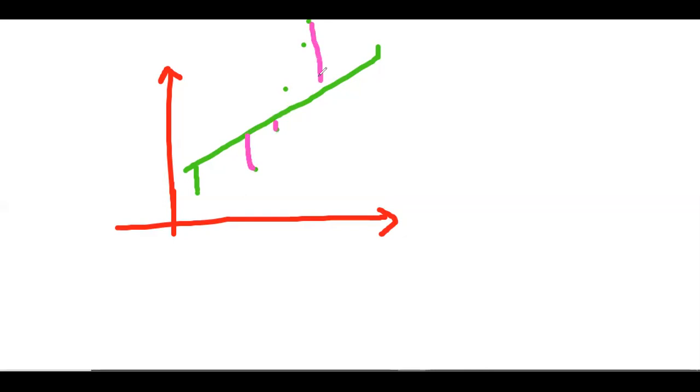Coming to these kinds of points, on the x-axis I am taking days, and on the y-axis I am taking disease spread, how fast it is spreading. I am calculating this, whereas here the data is increasing exponentially. In such cases, if you apply a linear line, this model won't work properly or accurately. In such cases, if you want to predict the outcome, we need to apply an exponential equation.